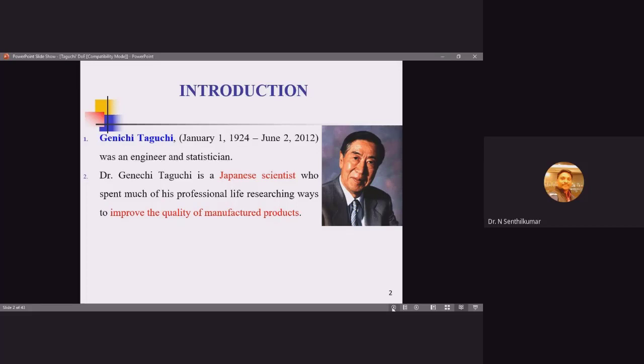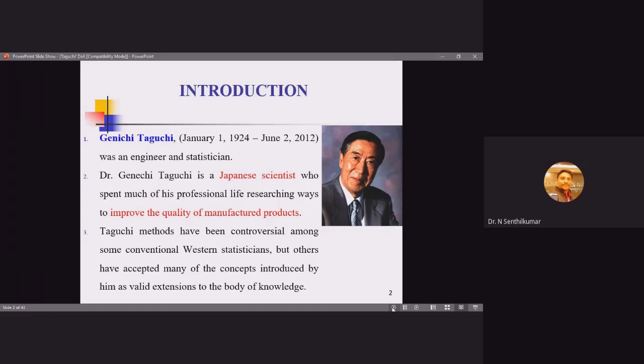That's why Sony, iPhones, and nowadays OnePlus, in all these cases you can see the quality is being inbuilt. That's why there is a higher demand for these products. Even though the cost is higher, quality-wise, no one can compromise in these products. So quality is not an external factor, it is an internal factor. Taguchi has spent most of his time improving the quality of products.